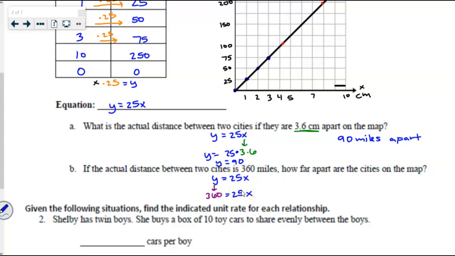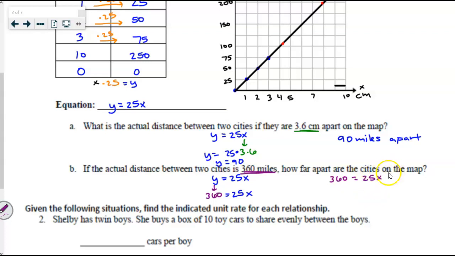Okay, pause there. Great job. What he said, just repeating it for the recording, this time it's giving me 360 miles. That's telling me what the y value is. So I'm replacing the y variable with the value of 360, just substituting that in. So now I have this equation, 360 is equal to 25x, and now we have to solve that equation for